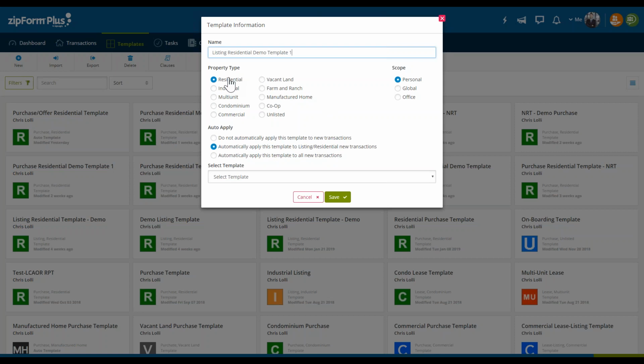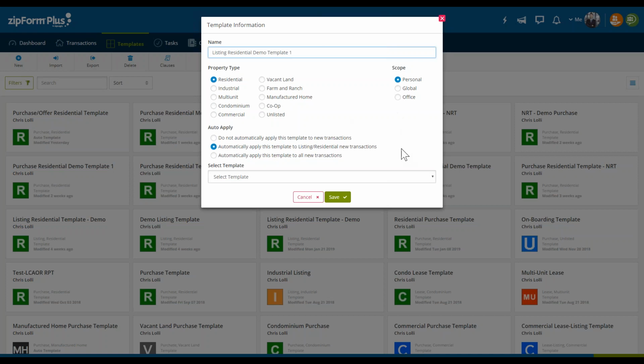So you see that the first question I answered was listing, and the second question I answered was residential, right? So it's already limiting the style of transactions that are being applied to this template, right? So that's that TMS functionality working for you, which is really nice. You have something that when you create a transaction, you answer the first 2 questions, and you have the listing/residential template automatically being applied for you without you even having to click anything. Okay.